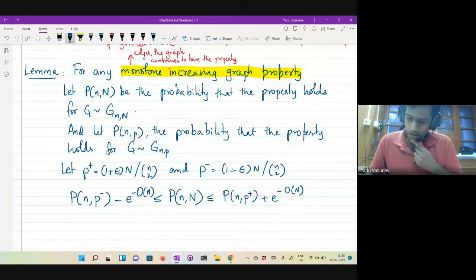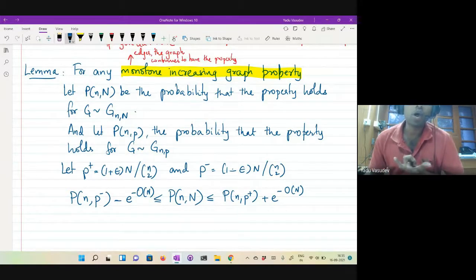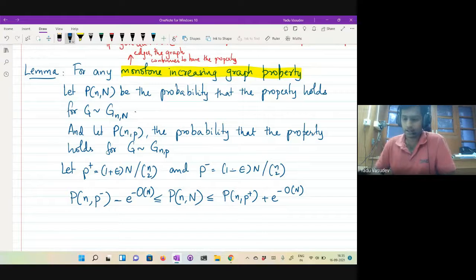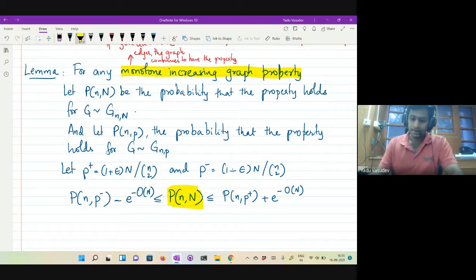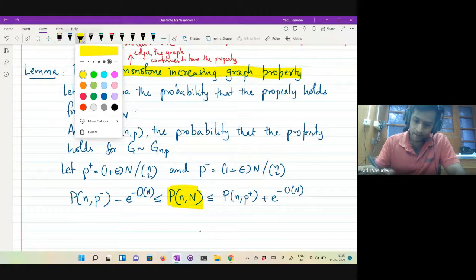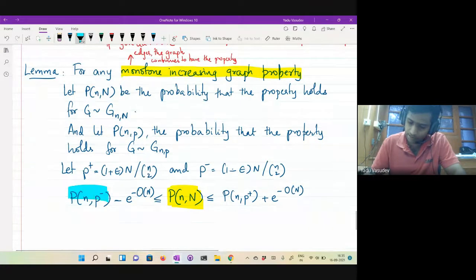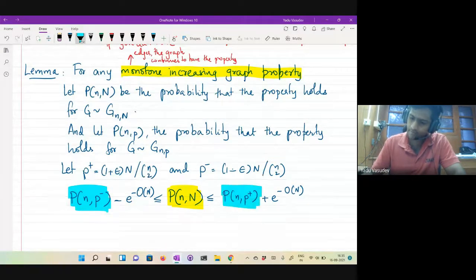Okay. So this is very similar to what we saw for the Poisson approximation for balls and bins, right? There we said that this is the quantity that we really want to study, whereas it's easier for me to study these quantities, right?